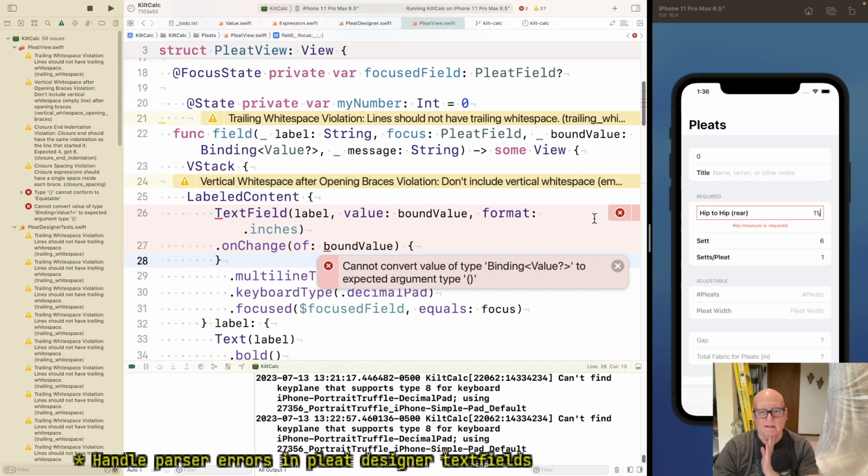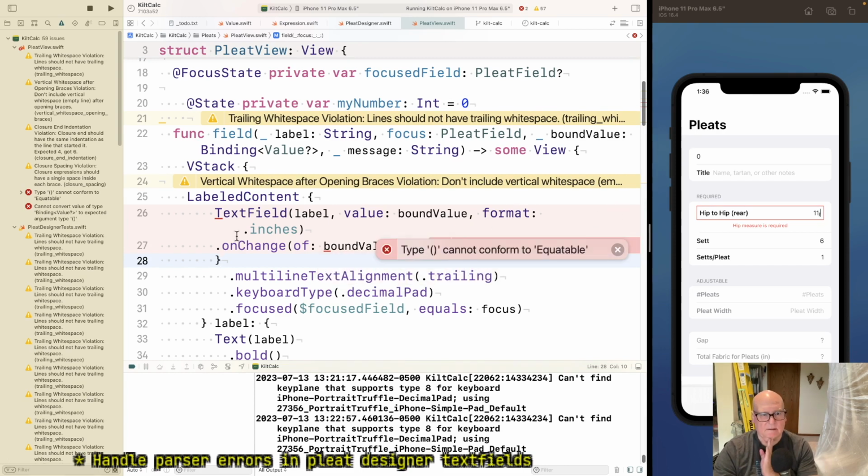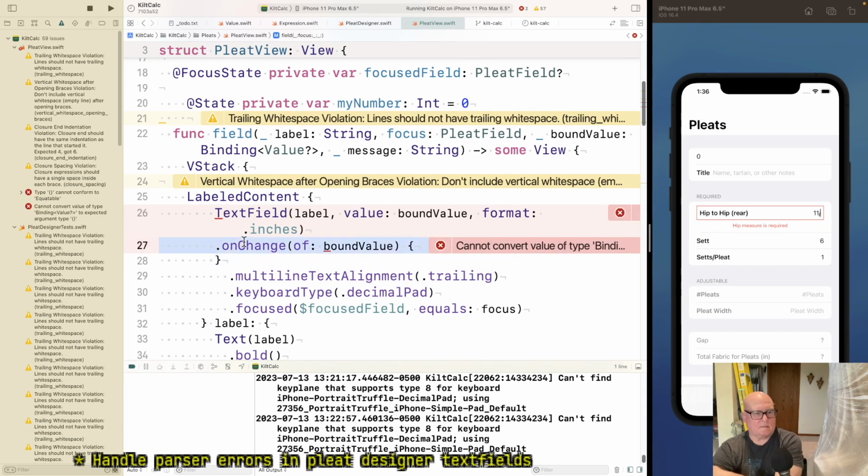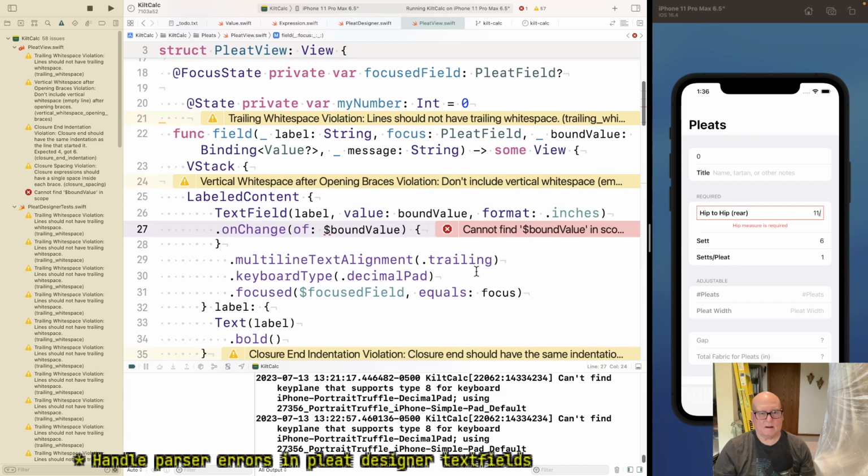Cannot convert binding? That's funny. Does this get me to the value? No, it doesn't make sense even.